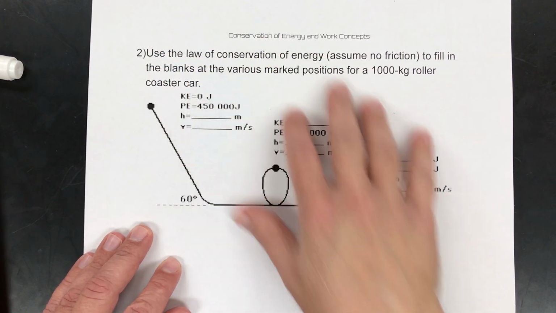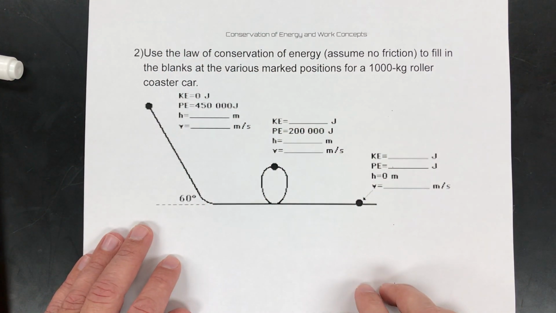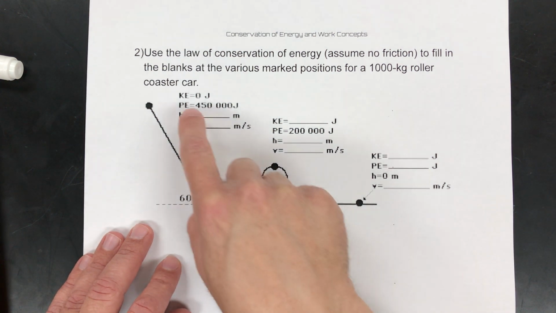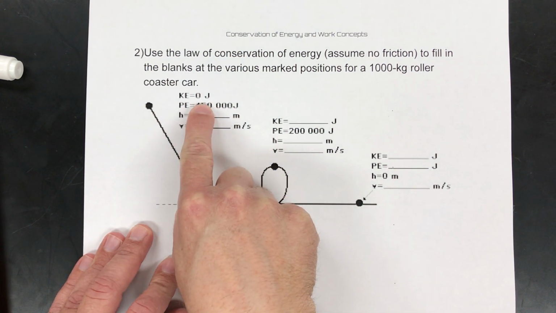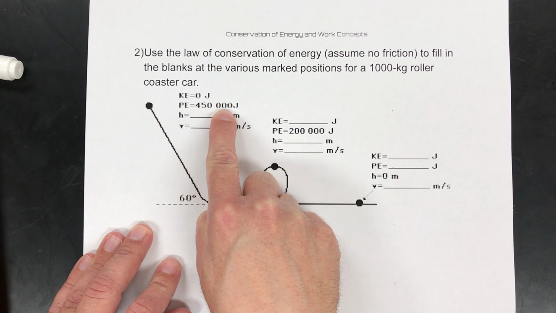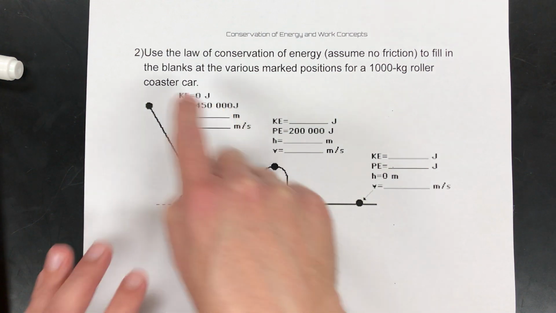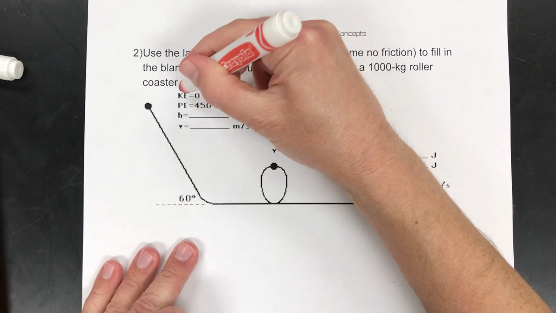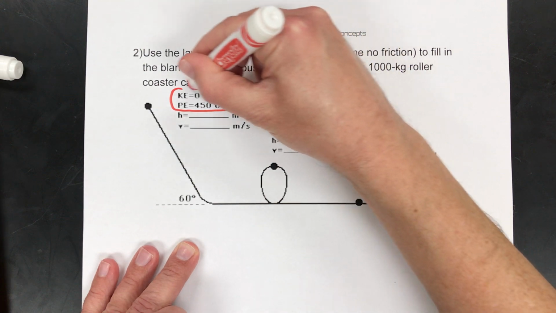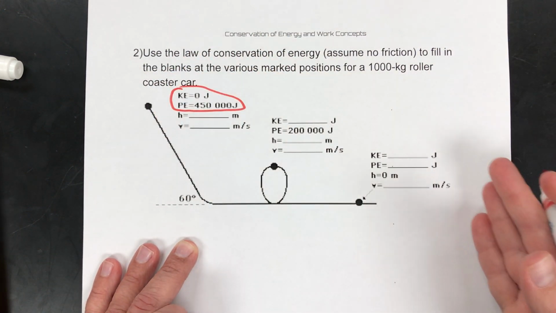Hey guys, let's look at this conservation of energy roller coaster problem real fast here. So if we look at it, they tell us at the beginning up here, we got 0 joules of kinetic energy and 450,000 joules of potential energy. So that shows us that our total amount of mechanical energy is 450,000, and that's got to be consistent all